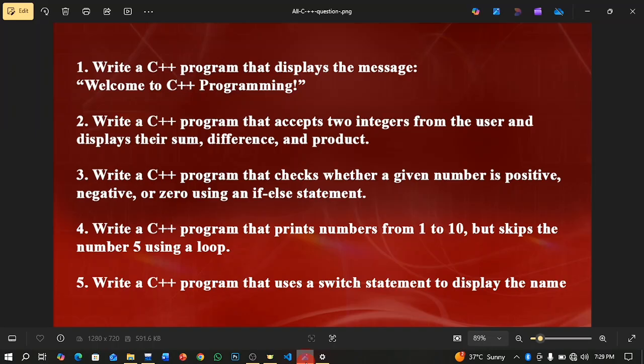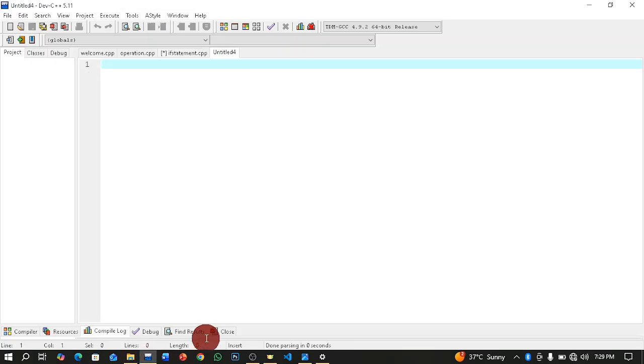So the next program we want to write is a C++ program that prints numbers from 1 to 10, but skips the number 5 using a loop. So we are going into loop statements now. The next thing, just press Ctrl N, #include